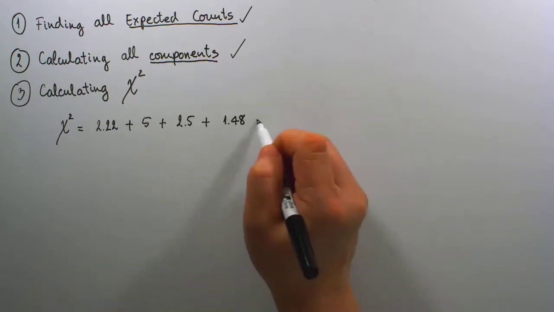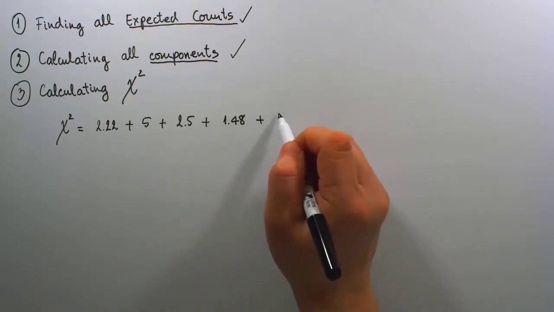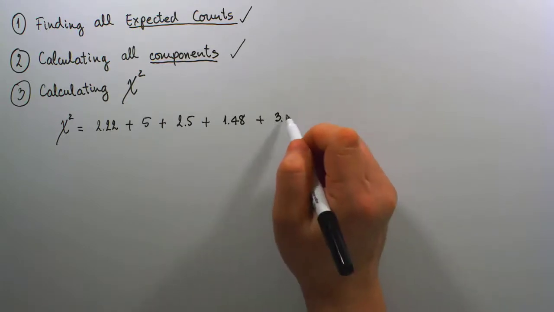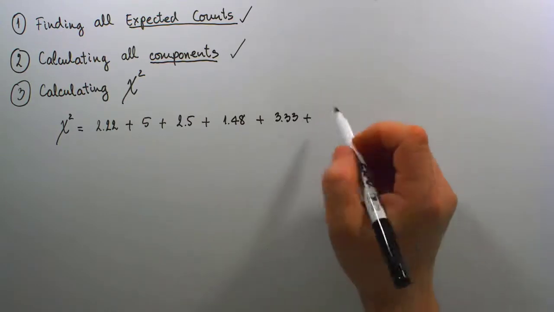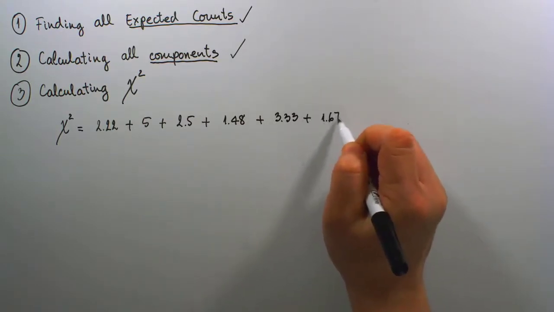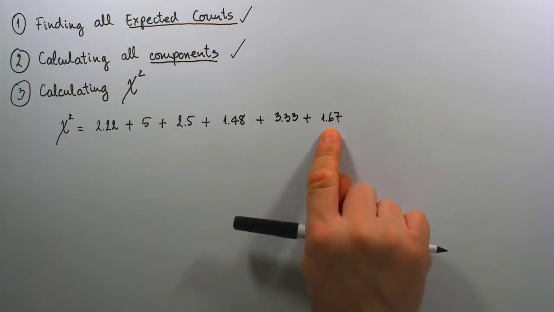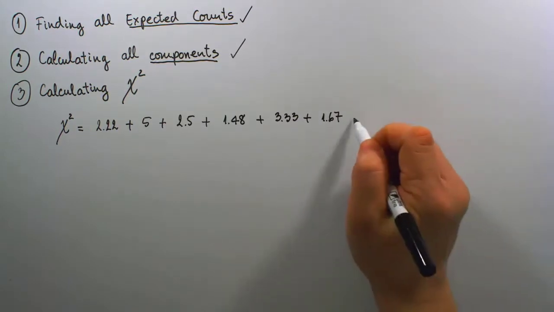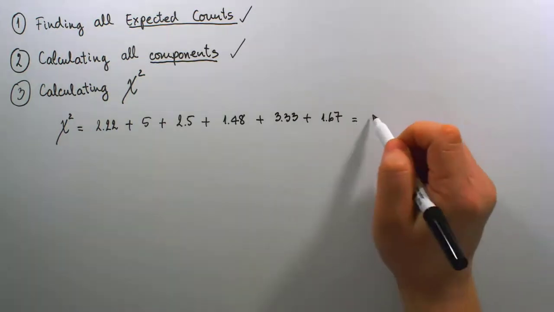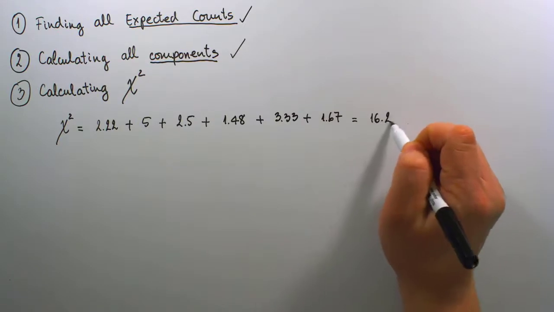And then I'm going to add the component value we found in row 2, column 2, 3.33. And I'm going to add the last component value, 1.67, in our row 2, column 3. Final calculation of mine gave 16.2 as my